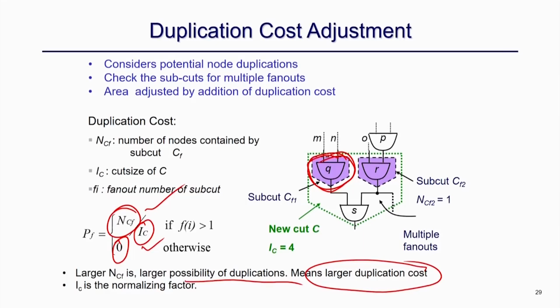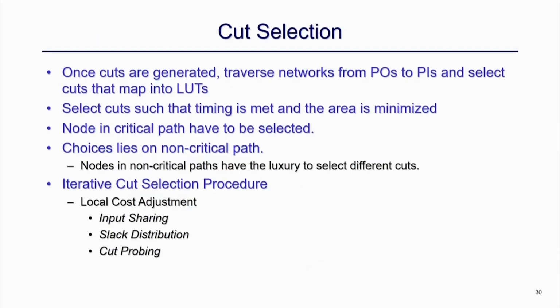So, once you have done this, we have to select, right. We are going to select the cut, and the cut selection, as I mentioned, is again something where a heuristic algorithm is happening. So, our objective is to try to cover all the gates of your design using the minimum number of cuts, okay. Or maybe you try to minimize the area, or your timing is also minimized, okay. So, that is something that has to be there, and the choice here is that if there is a critical path,